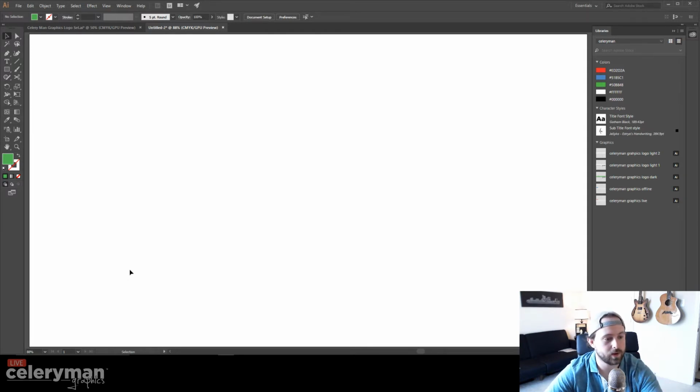So what I want to do is walk you through how to create a logo like this. Now this is actually something that's called a logotype, not necessarily a logo per se, where there's a bug, as some people call it, or iconography that's related to the logo itself. But in any instance, we're just going to jump into this